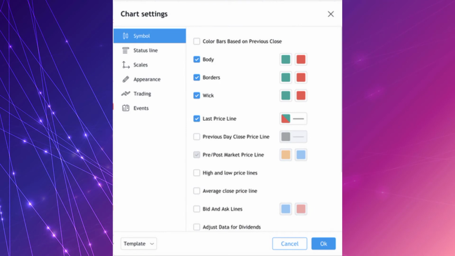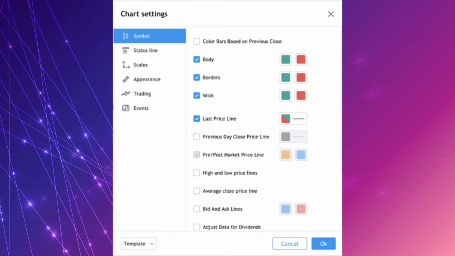Symbol lets you change the way that your candlestick chart looks. Every part of the candlestick pattern can be color coded the exact way you like. Second, status line contains options to change the information you will find in the top left of the chart, such as OHLC, open, high, low and close price, date and buy and sell buttons. Scales provides options to change the trackers you can see on the right hand axis. For example, you could add the day's high and low price or the countdown to bar close.